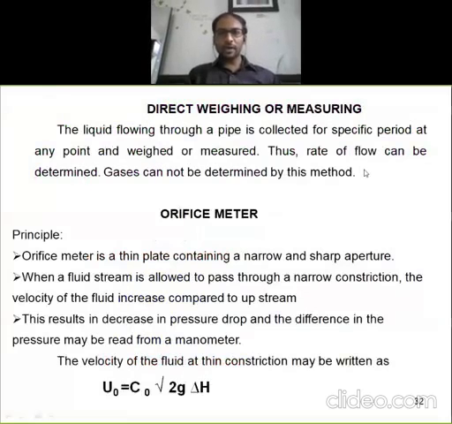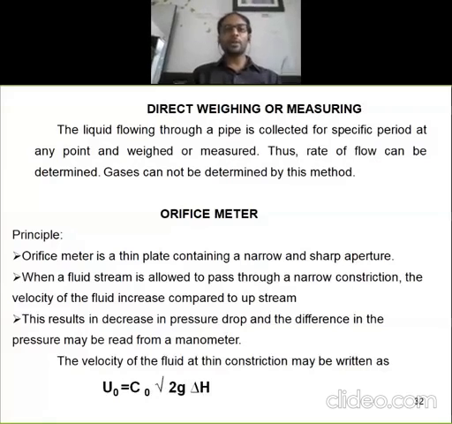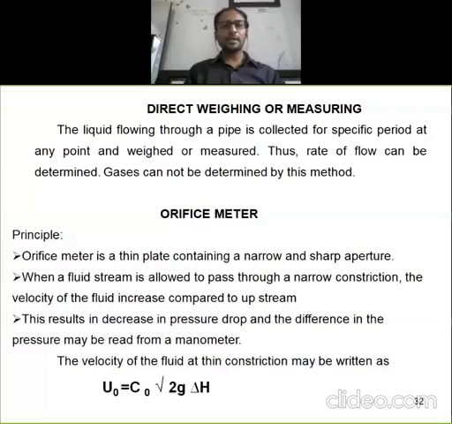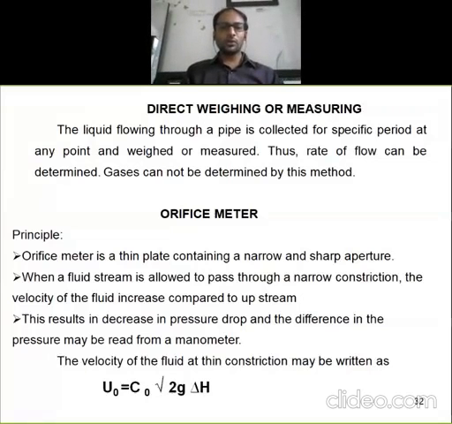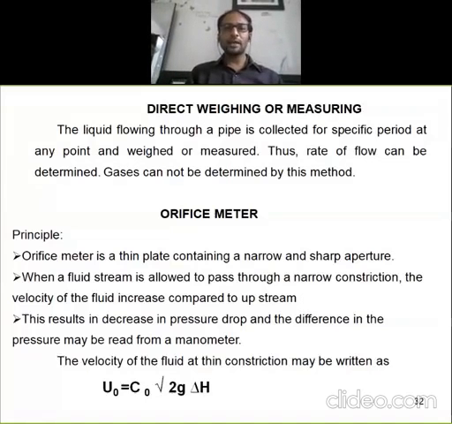So as we know, when we are dealing with the direct method, the liquid or fluid which flows through the pipe or tube is collected at another point for a specified period of time, and we can directly weigh or measure the fluid. Okay, so the rate of flow can be determined easily. Generally we can go for liquids or solids only. You cannot go for gases using this method. Okay, so this is the simple method.